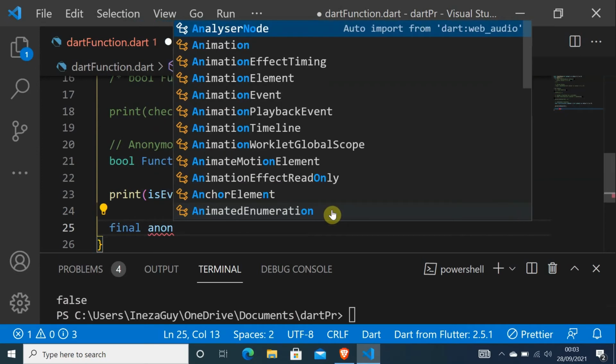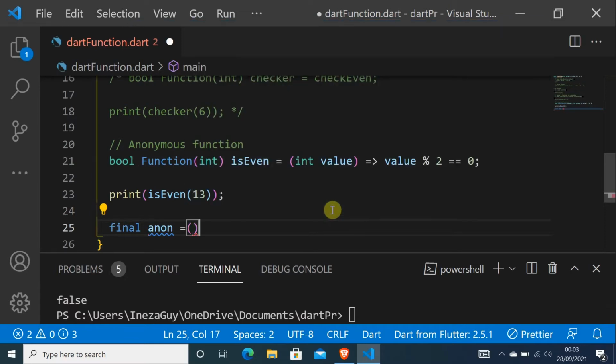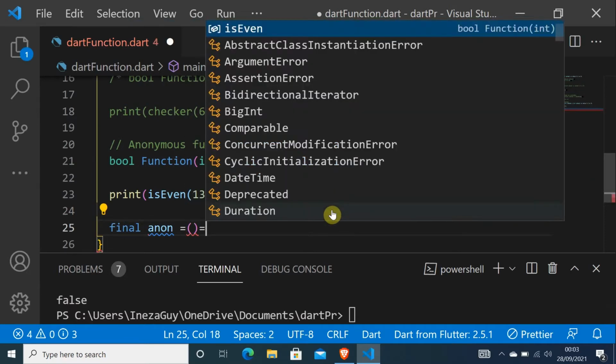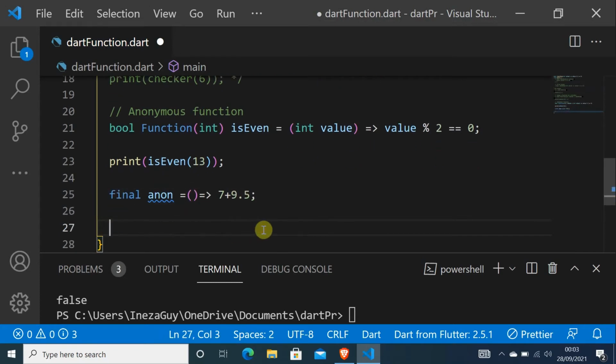Anon equals, and do this, 7 plus 9.5. This is an anonymous function with a single line, and we can have multiple lines,